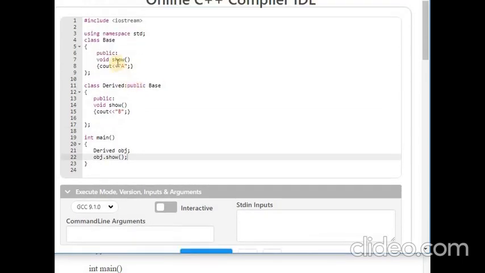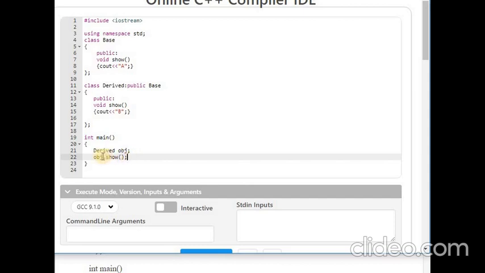So here we have the same-name function show in the base class and in the derived class also. Show in the base class is displaying A, and show in the derived class is displaying B. At this point, if the compiler faces any ambiguity, it resolves it in the manner it did in compile time polymorphism.